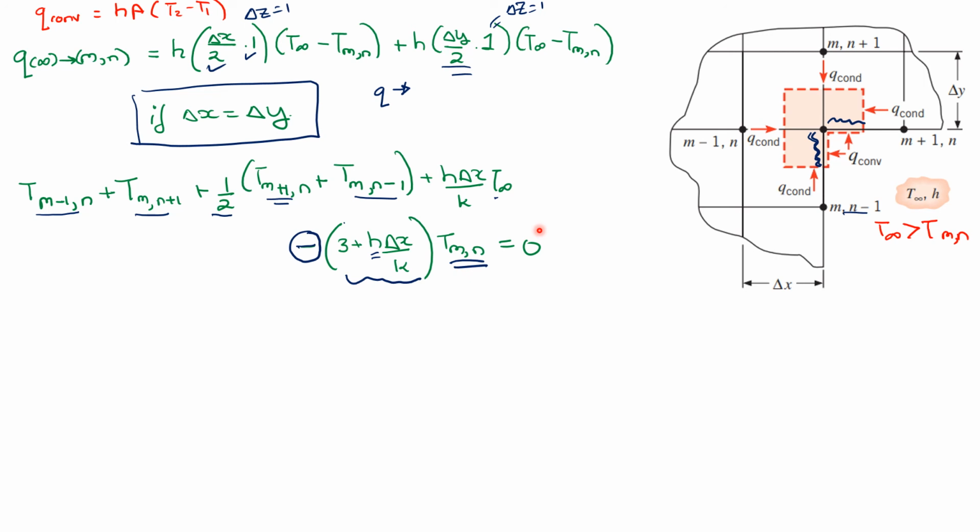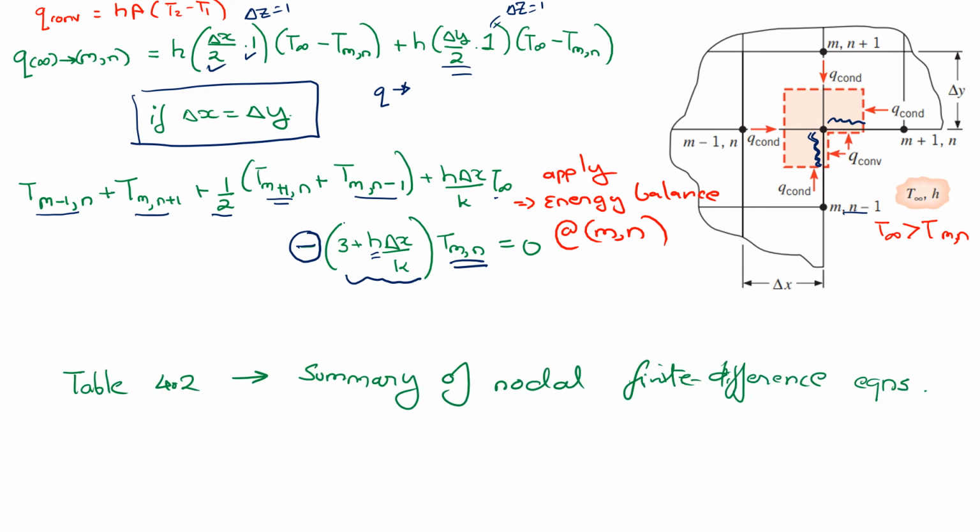So this is how you use the energy balance equation to find the temperature distribution or temperature of any particular node. So this is the equation that you get when you apply energy balance at m comma n. Okay,